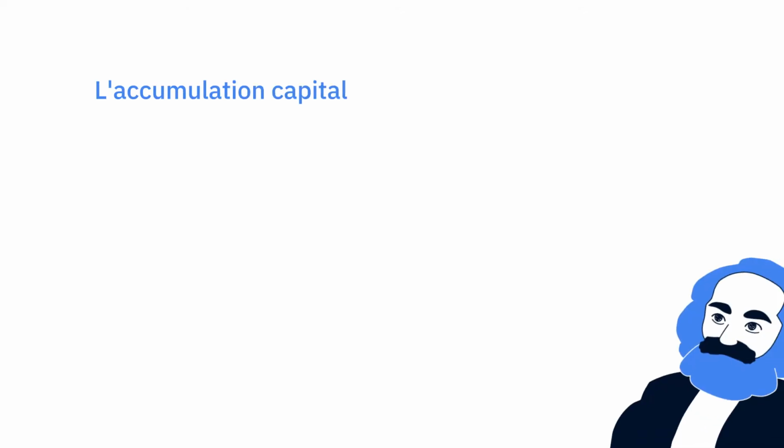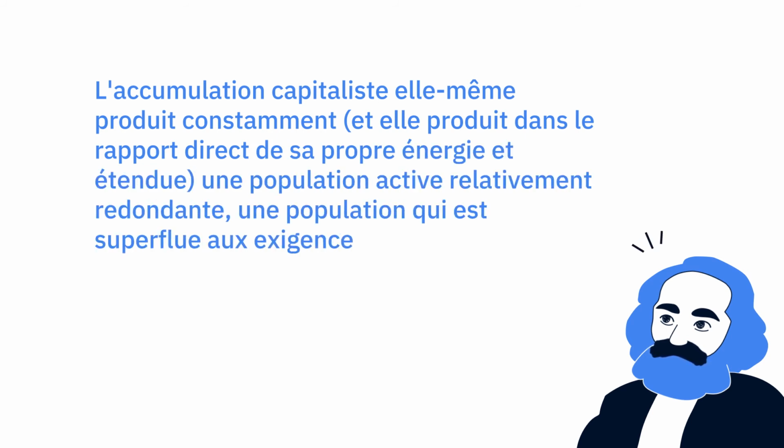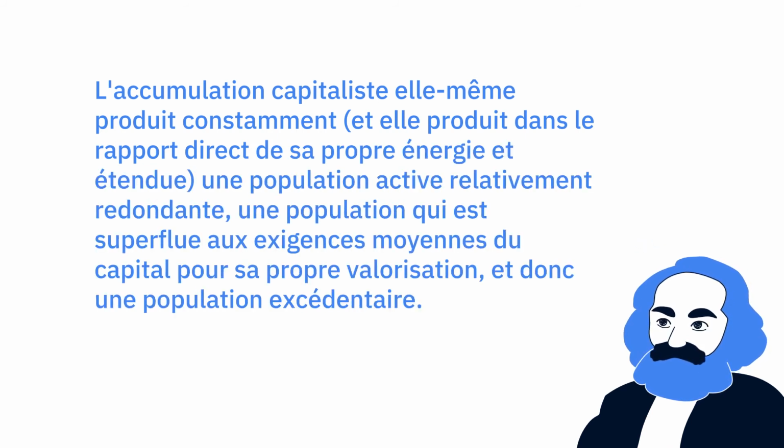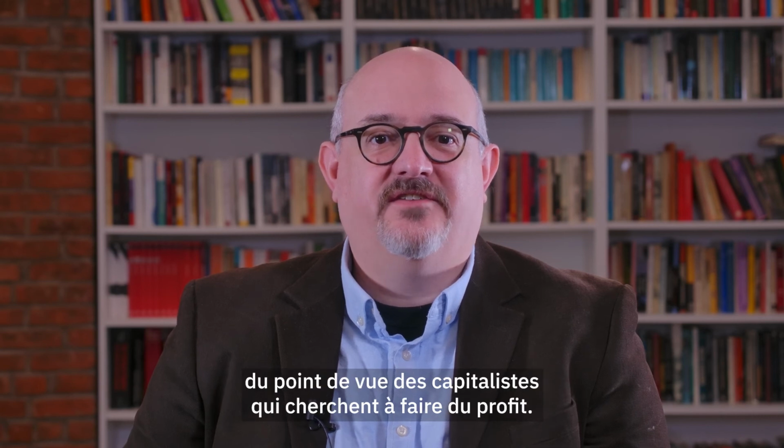Marx says, capitalist accumulation itself constantly produces, and produces in the direct ratio of its own energy and extent, a relatively redundant working population, a population which is superfluous to capital's average requirements for its own valorization, and therefore a surplus population. Note that this surplus population is only redundant or superfluous from the point of view of the capitalist